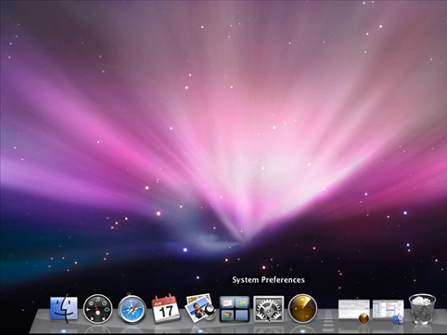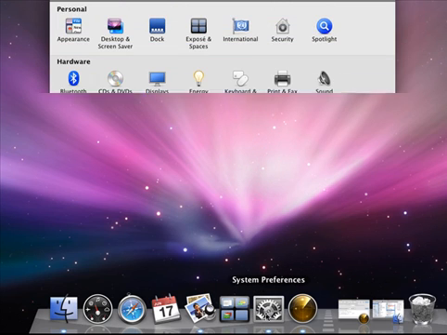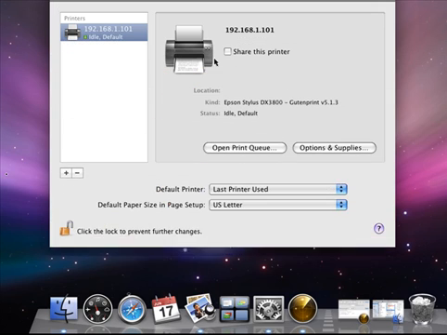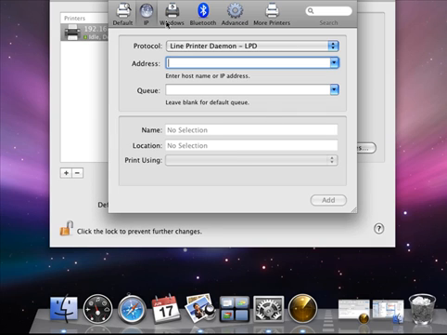You want to click on System Preferences, and go to the Print and Fax icon, click on that, and hit the plus symbol, and here by default you have the IP connection. We recommend using the LPD daemon because if you try to use Windows printing, then it has to have Windows browsing enabled, in this case the SMB protocol, and there are a lot of networking restrictions that cause issues with this. So in many cases on the Macs, you cannot browse the network or the server, and because of the way the SMB protocol connects, it's a